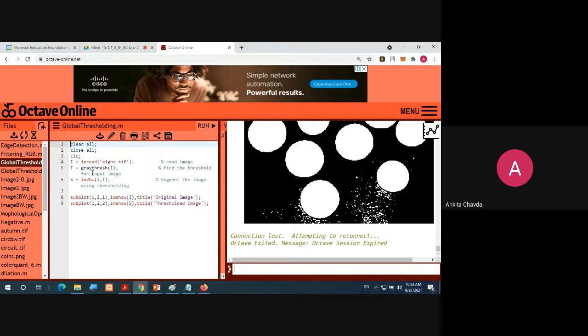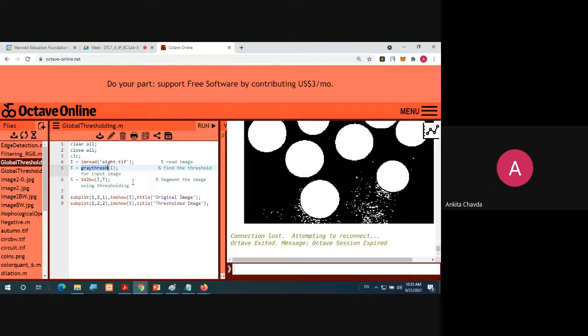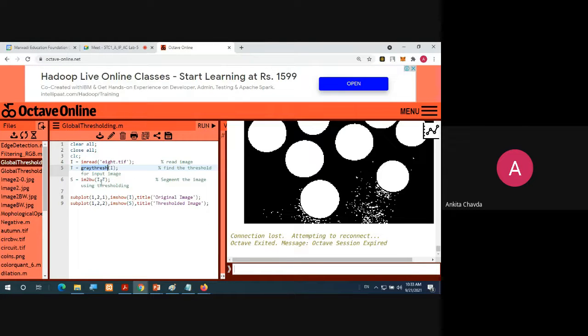But here, if you want to calculate the graythresh value of your input image, it will be calculated automatically via this function. You don't have to worry about it. Then you segment the image with im2bw, passing your input image as well as your thresholding value.